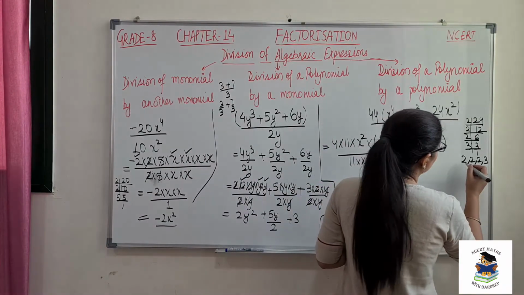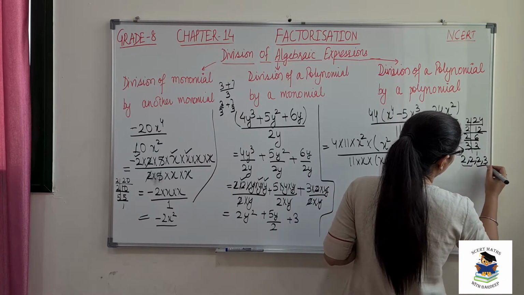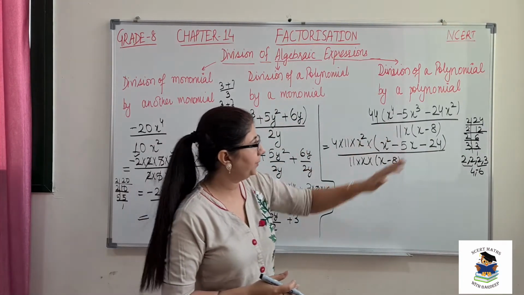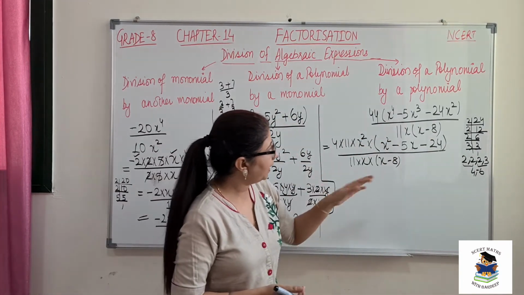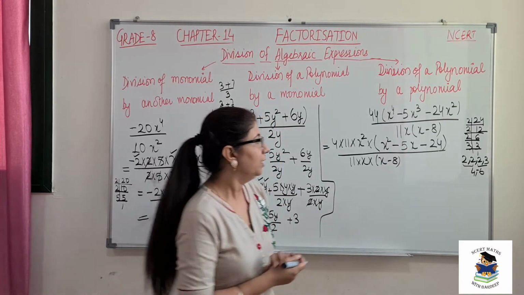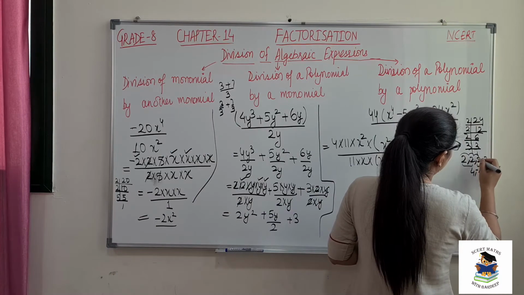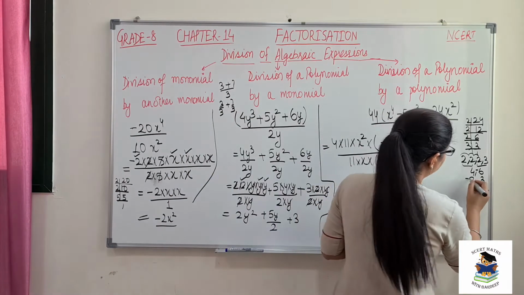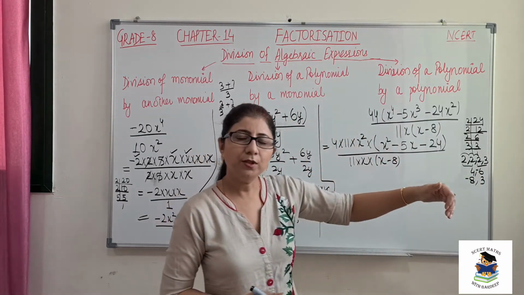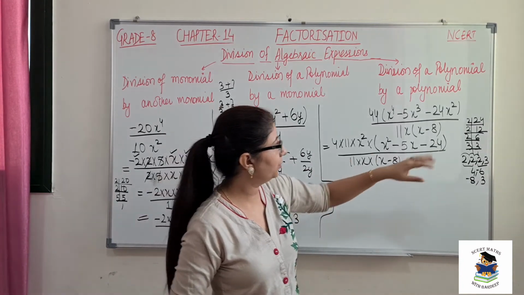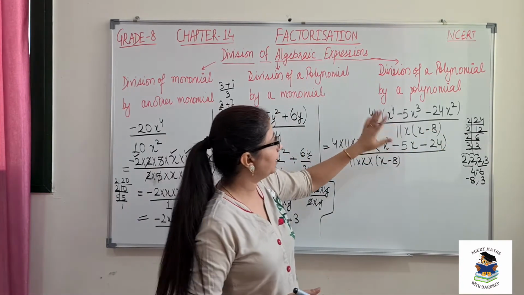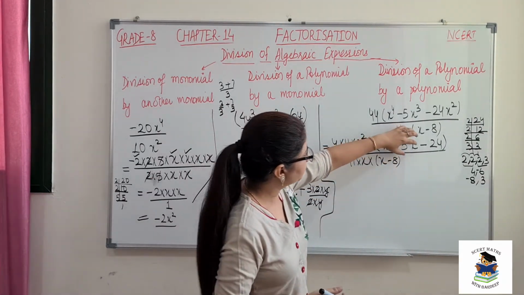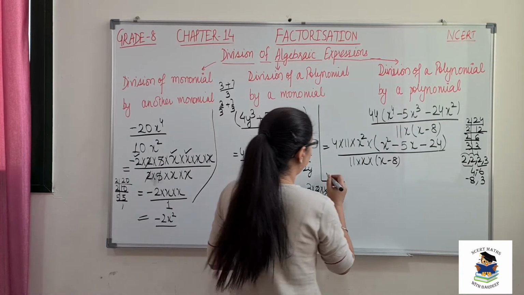So let's see here. If I take 2 into 2, 4, and 6, so 4 and minus 6, because I want the bigger number to be negative, this will give me minus 2. I don't get minus 5. So let's combine the 3 with the 2s, that is 8 and 3. The bigger number should be negative, that is minus 8. So minus 8 plus 3 will give me minus 5, and minus 8 into 3 will give me minus 24. That means we have two numbers, minus 8 and 3, which we are going to use by splitting our middle term.